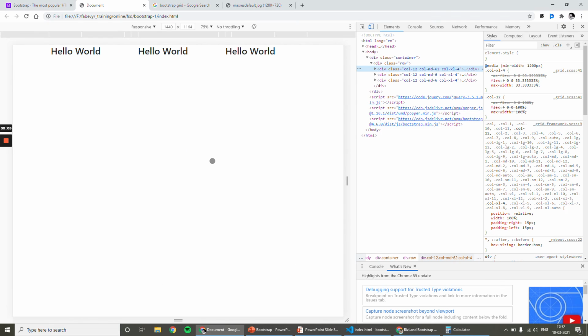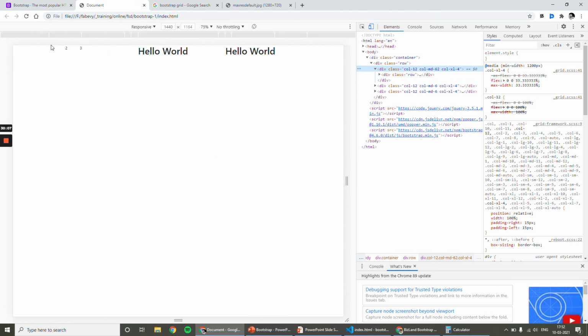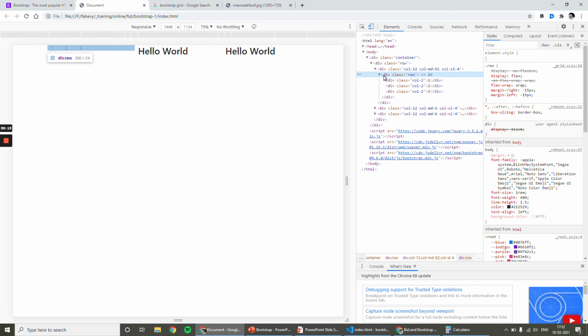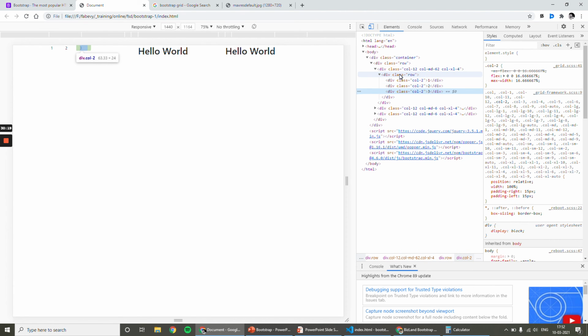Okay, so you can do it like this also. Inside one box, there is another flex item. In that flex item, there is another flex container. In that flex container, there are three flex items, and here also you can expand it.